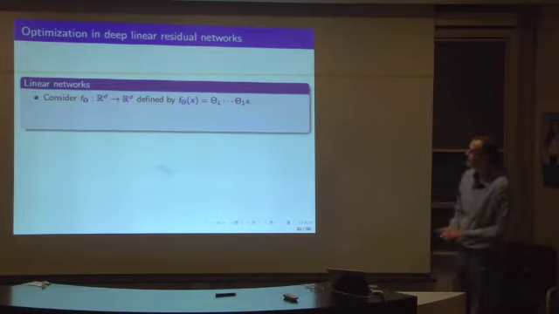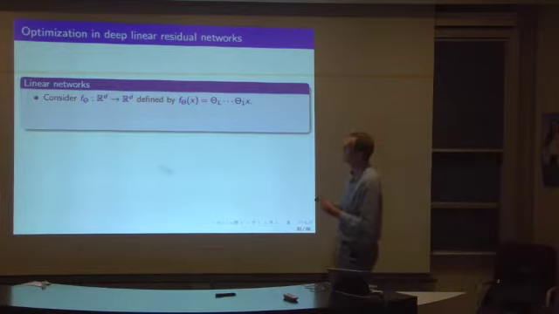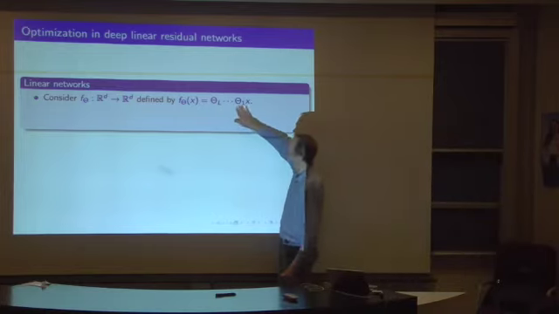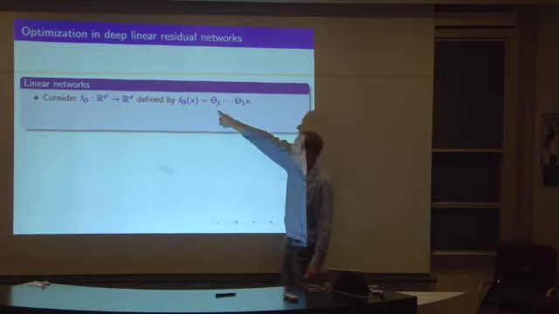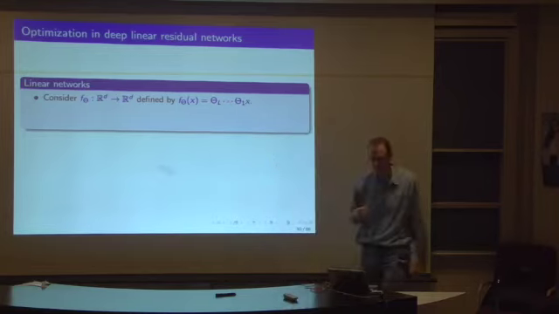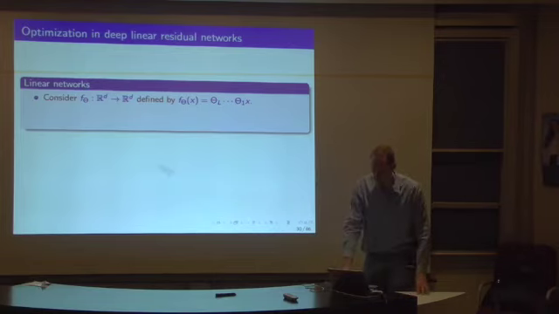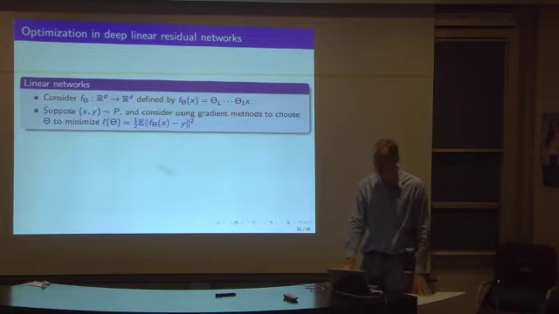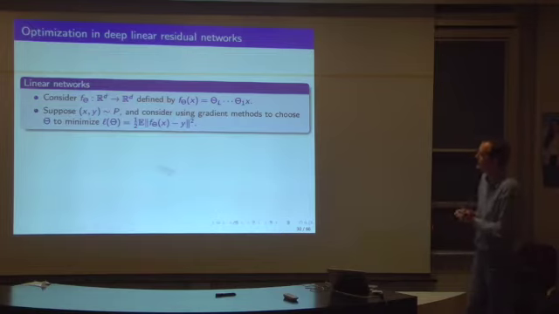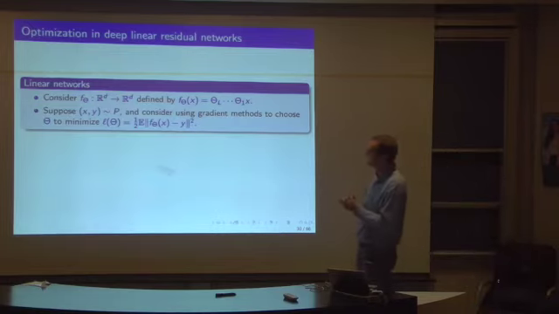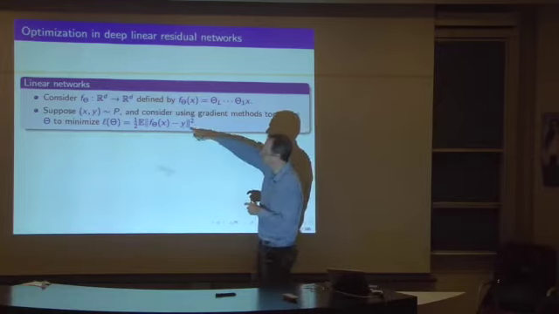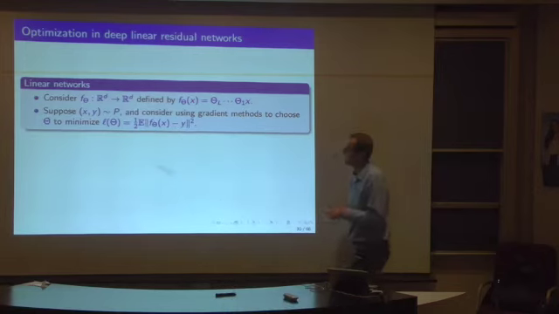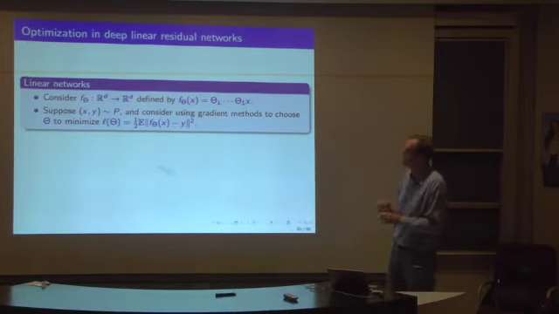So we're going to go back to the linear case and hope that we can get some intuition from results there. Of course, as I say, it's a crazy way to parameterize a linear function, right? As a composition of linear functions. So I've switched notation to these linear transformations now are matrices theta_i, and we're taking a product of those matrices. We're going to assume that our (x, y) pairs are distributed according to some distribution P, and we're going to look at optimizing a nice convex criterion like the expected squared norm of the difference between our linear map and y.